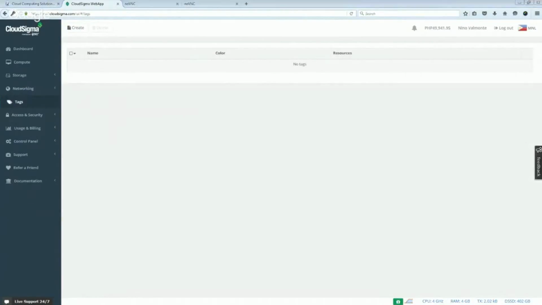Tags. Similar to the metas when you're creating servers, tags are descriptive methods for categorizing users' virtual machines by name and color. For example, if the user wants to have a virtual machine plus its drive for personal use, you can go to tags, click on create,